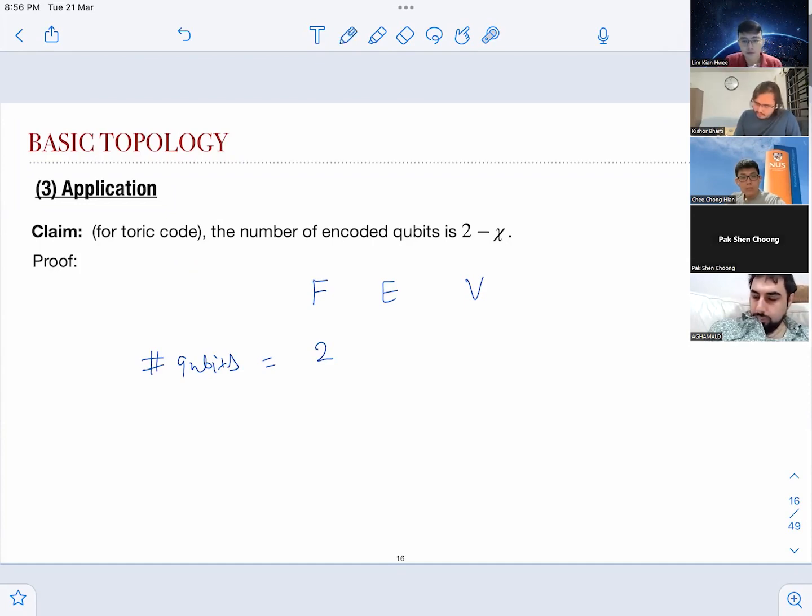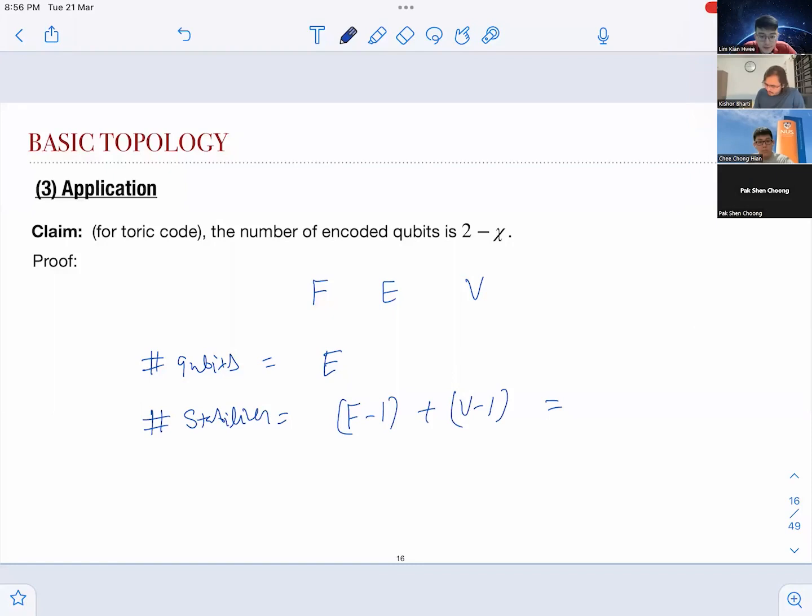So it's equal to E, and the number of independent stabilizers was basically the number of faces minus 1 plus the number of vertices minus 1. That was F plus V minus 2. And if you count